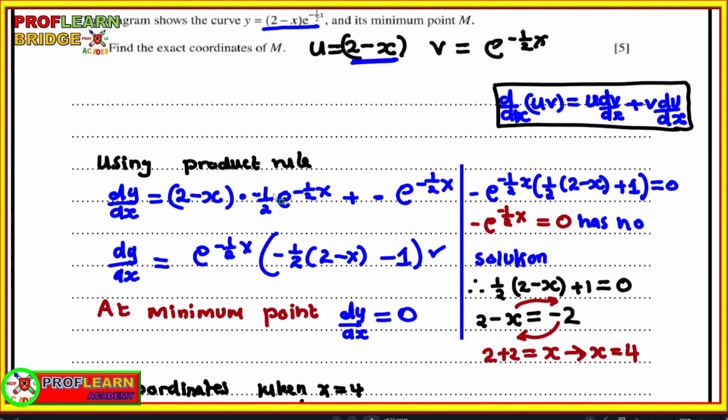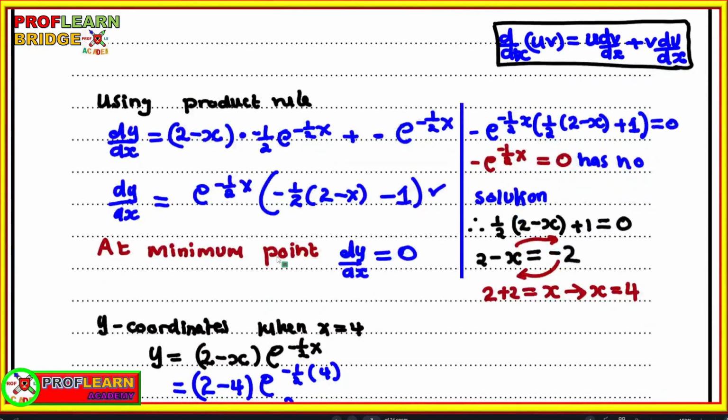And we are going to have negative a half e to negative a half x, and then plus v du/dx. If you differentiate this function u, you are going to get -1. So that -1 times the function v, you can see we are going to have minus e to negative a half x. If you factor out e to negative a half x, this is what you're going to remain with,